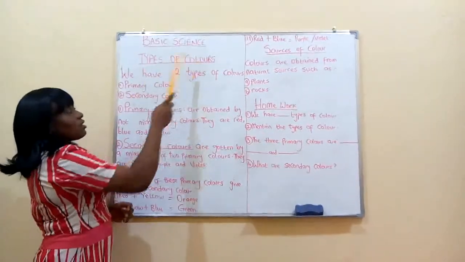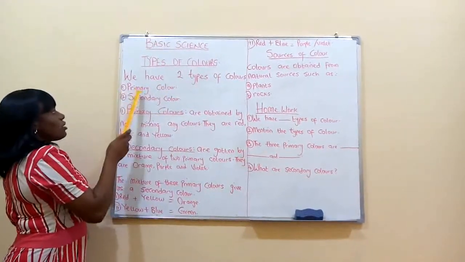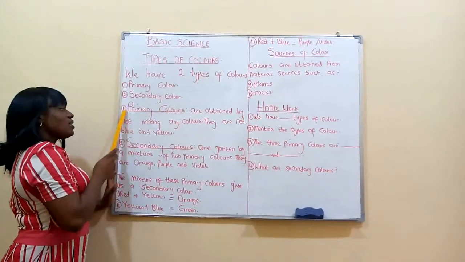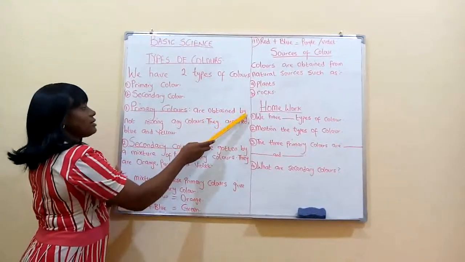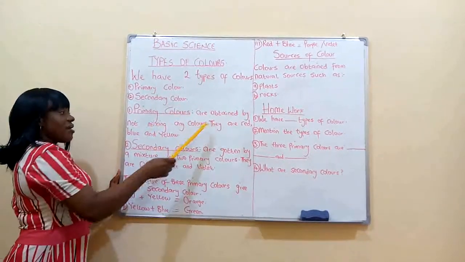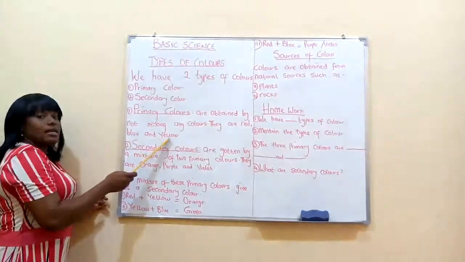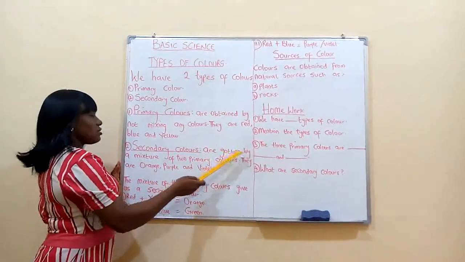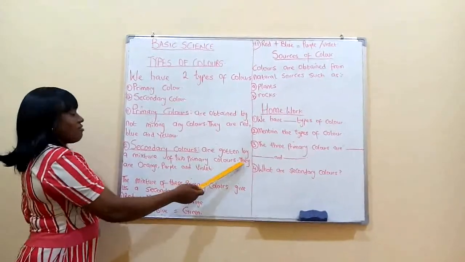Types of colors. We have two types of colors. Number one, primary color, and number two, secondary color. Primary colors are obtained by not mixing any colors. They are red, blue, and yellow. Secondary colors are gotten by a mixture of two primary colors. They are